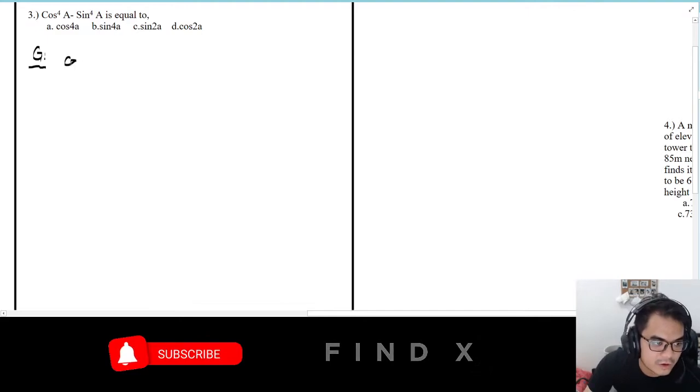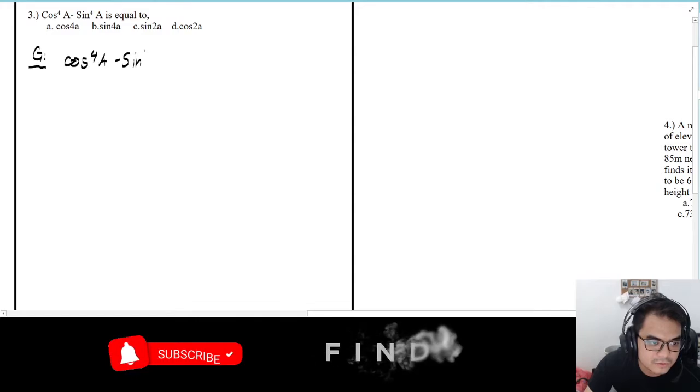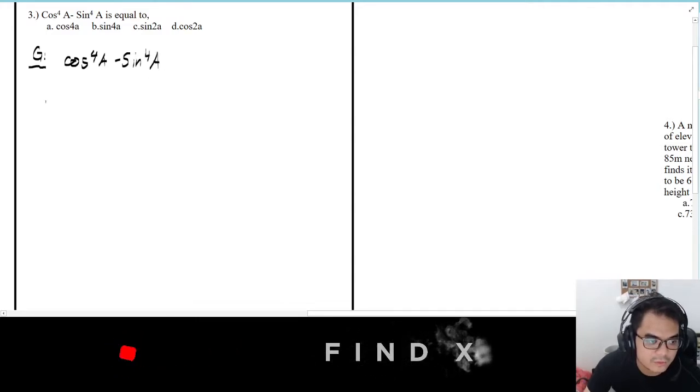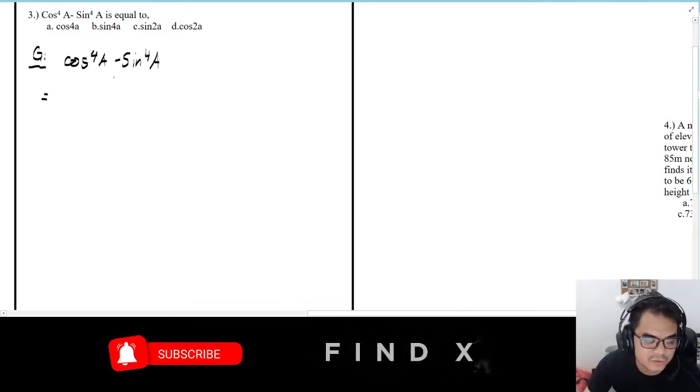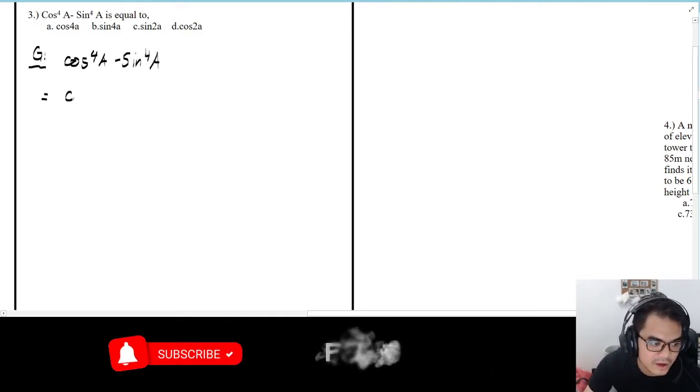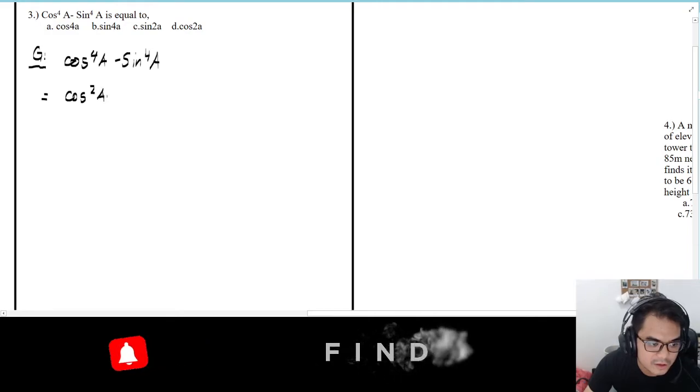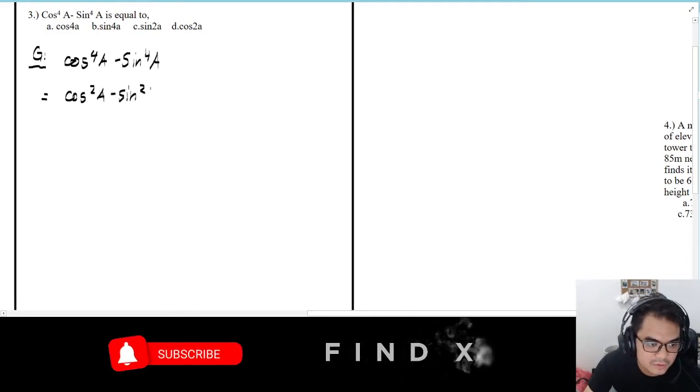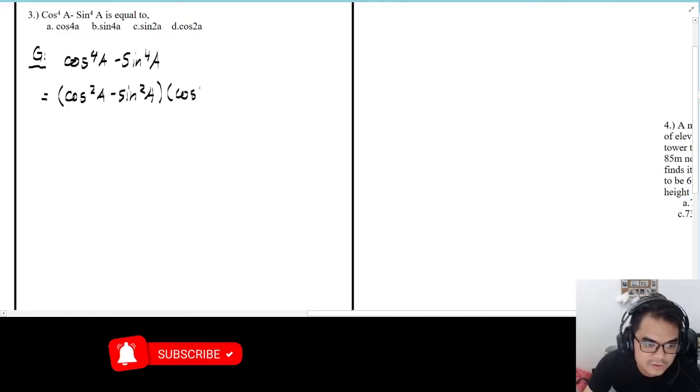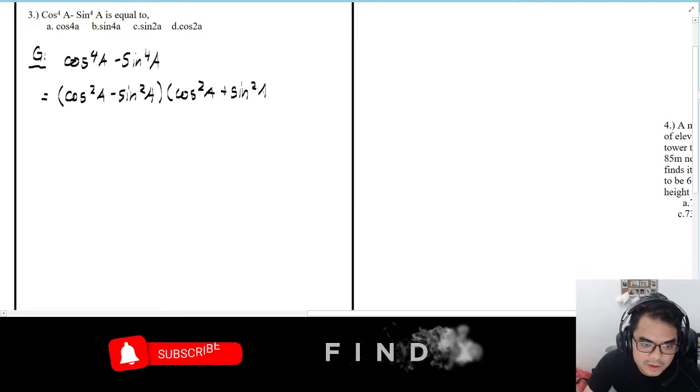We have cosine to the fourth a minus sine to the fourth a. Okay, and we can factor these two, which is the sum and difference, right? So we have cosine squared a minus sine squared a times cosine squared a plus sine squared a,